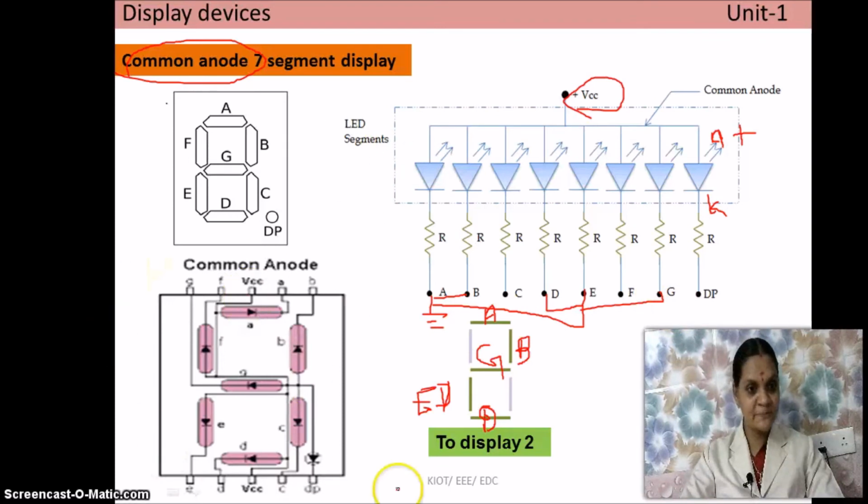So this is the pin diagram. Inside the 7 segment common anode, the connections will be like this. See here, the anode terminals of all the 7 LEDs are connected together and commonly tied to plus VCC. Noted here, the anode terminal here, the anode terminal here, everything is connected to the common VCC. Here also there is a common VCC, and these two VCC pins have to be given a positive supply, and the terminals which we want to turn on, we have to connect to ground. That is the logic here.